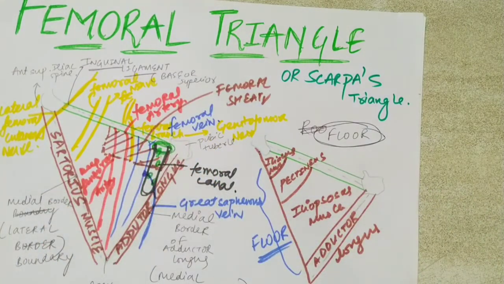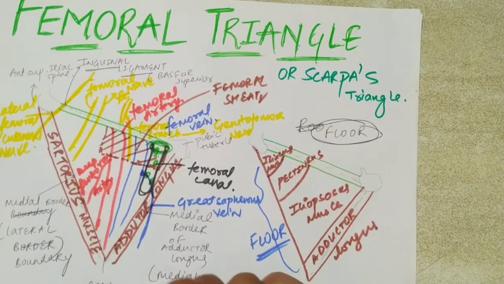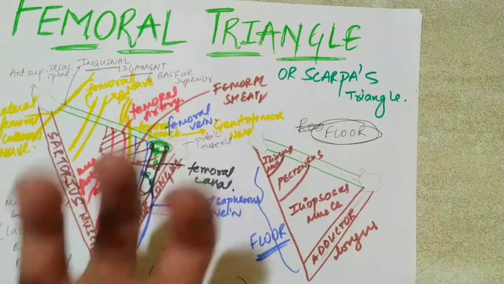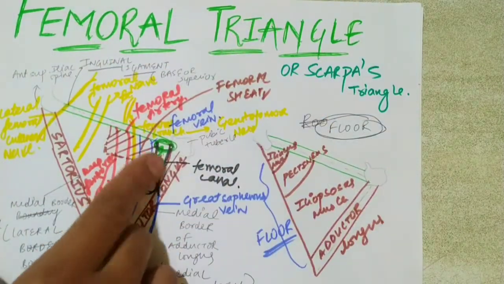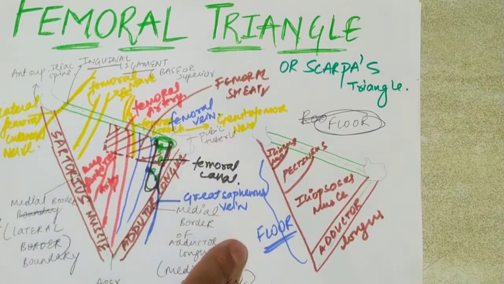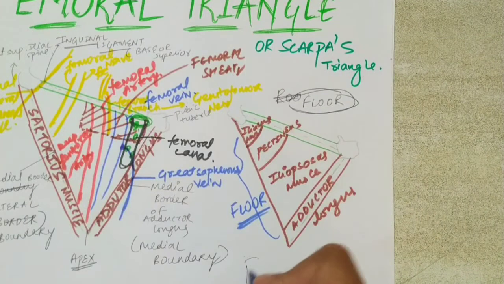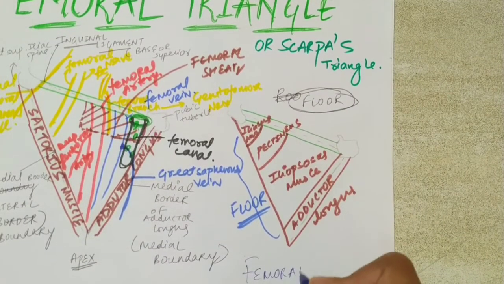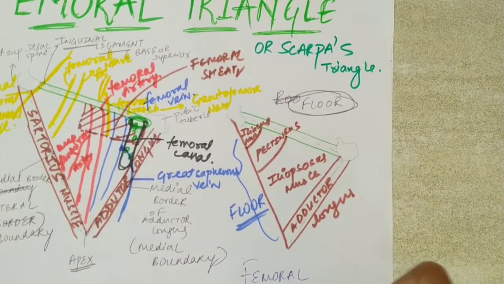So this was your femoral triangle, and its clinical point is femoral hernia, which can be a region where a protrusion of small intestine organs can come down and bulge through this femoral canal. So it can lead to a femoral hernia. You can see it in the proximal medial aspect of the thigh in the femoral canal. It is very rare as compared to your inguinal hernia.